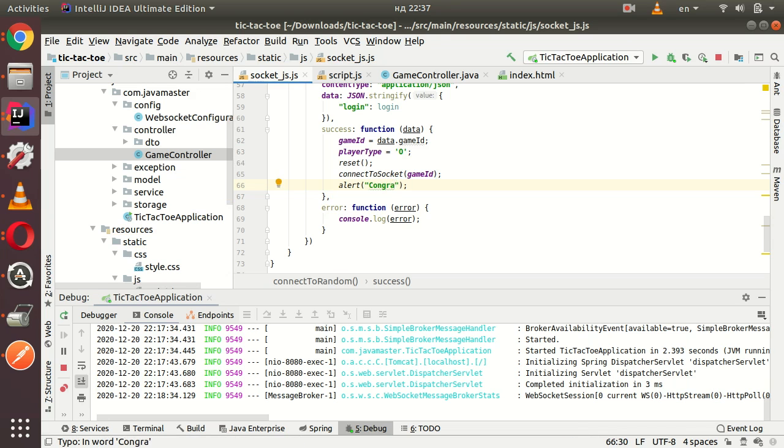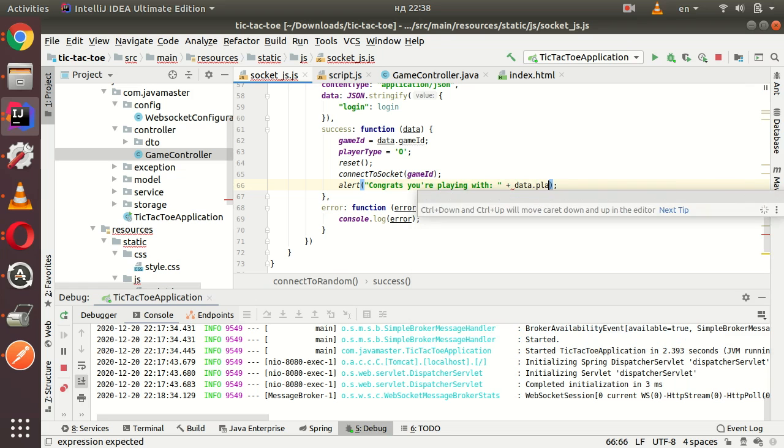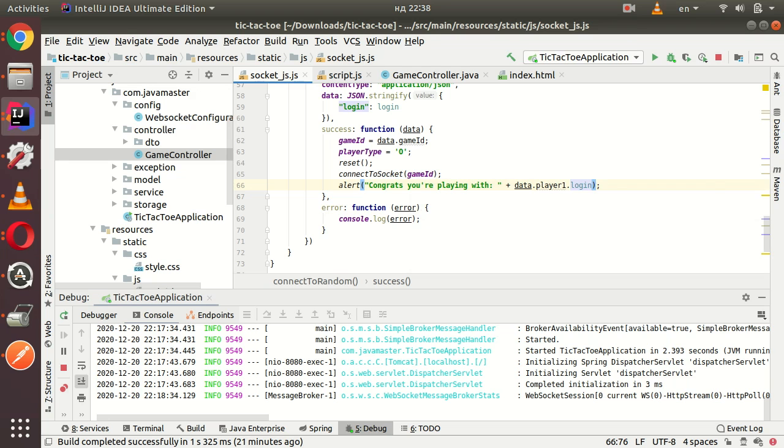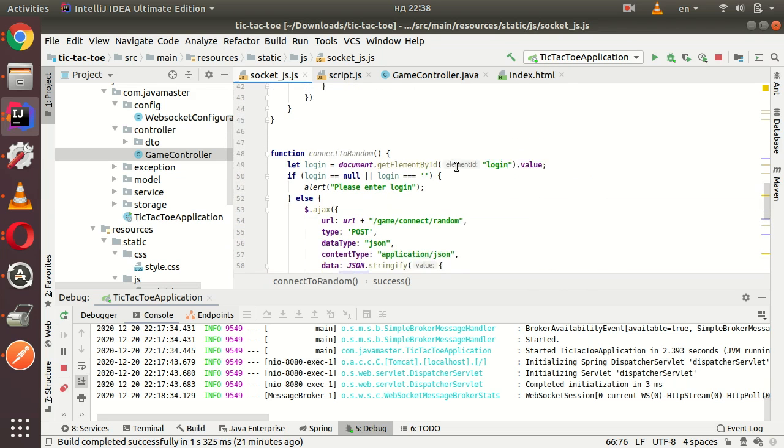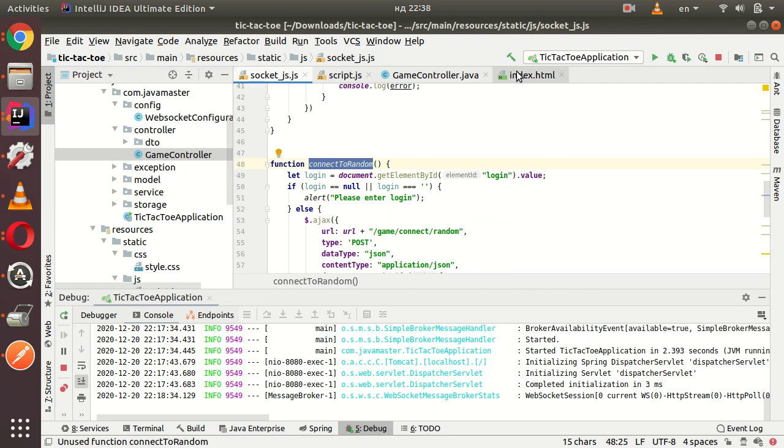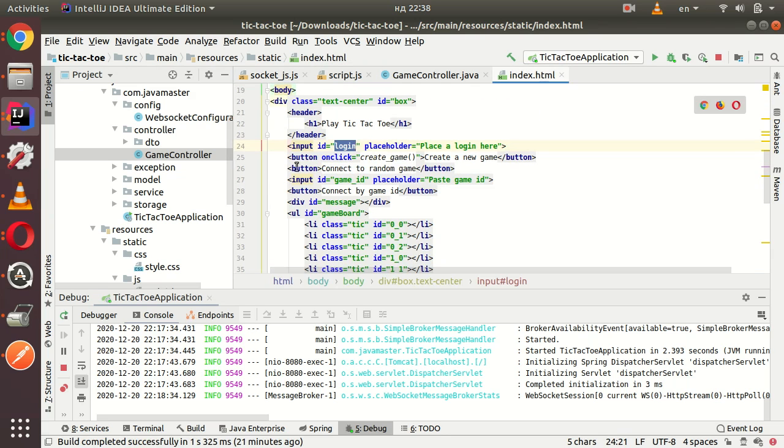Congrats, you're playing with data player 1 login. Let's just display with whom this player is going to play. And yeah, for now that's it. And let's add this on click connect to random game, on click connect to random. And the next one is